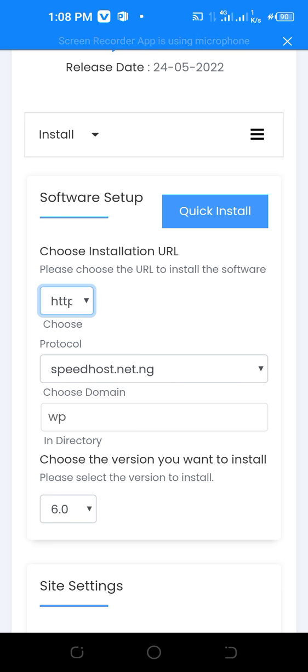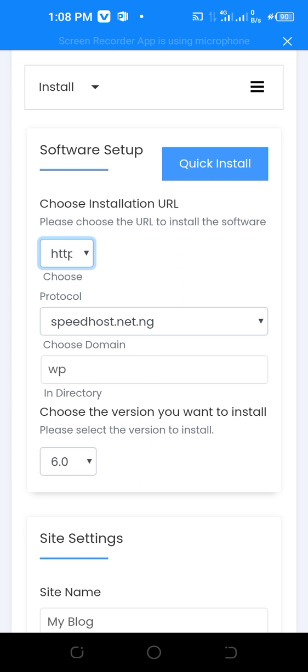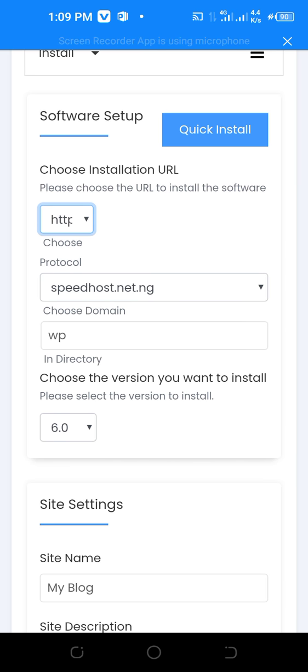We said when you create a subdomain, it's like having another aspect of the site separately, apart from the main site. Now, in this protocol, if you have more than one domain, or more than one subdomain in your hosting package, in your cPanel, if you are able to add more than one domain,